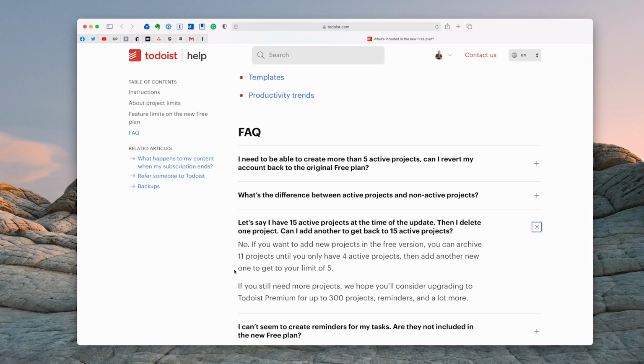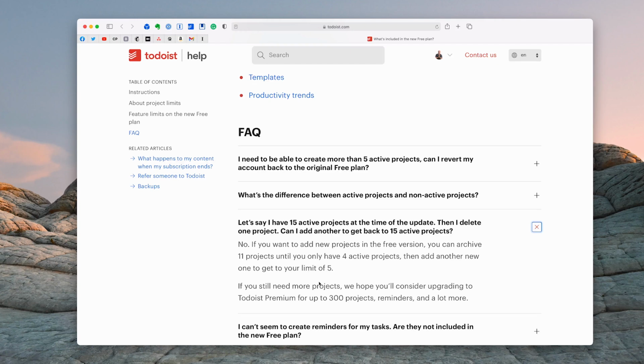So what's not going to happen is, don't worry, you will not lose any of your projects that have more than 5, but you will not be allowed to add any additional projects until you remove those, 14 of them, for example, not 14, but 11 of those tasks. So remember, you're not going to lose all your projects when we make this change completely, which presumably will be done by the 29th, by the end of this month, that's April 2021. But you want to just keep that in mind.